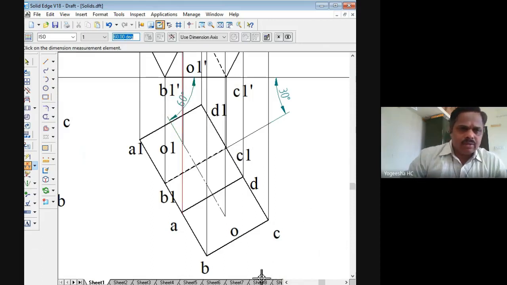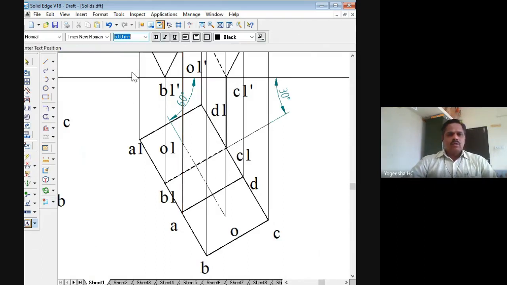So it is shown as 60 degree. So that 60 degree I have to write here. So I can take the text tool now. I'll click here. So beta angle I have to find now. So that is what the beta angle is. So I'll change the symbol font here. I'll type B now. When I type B, I'll get beta, then 60.